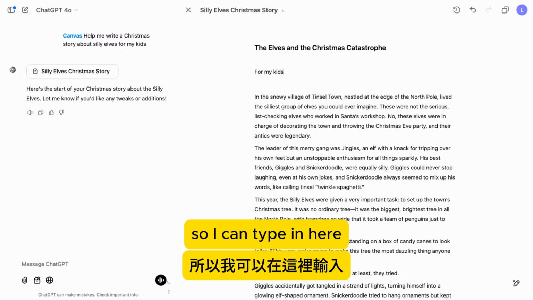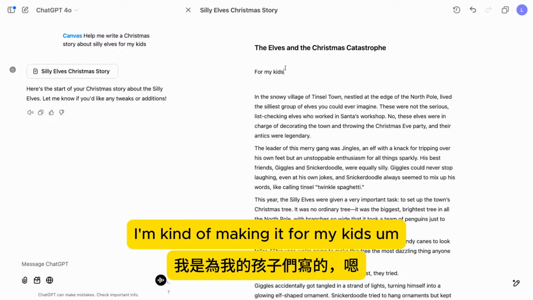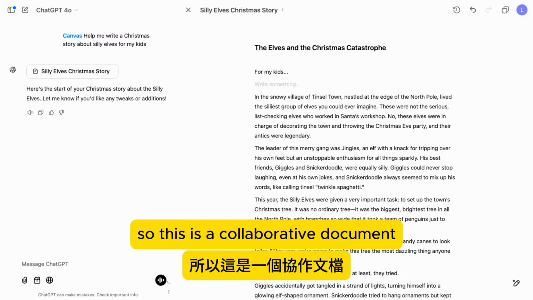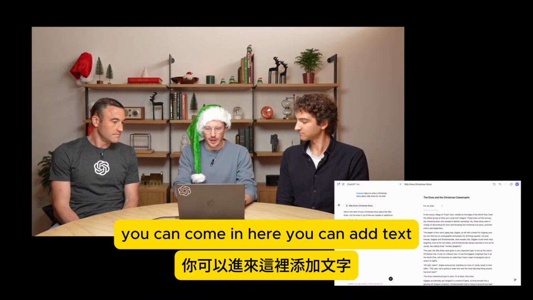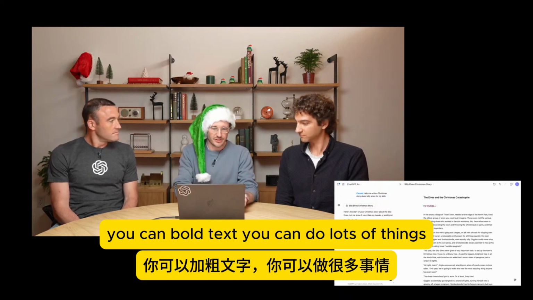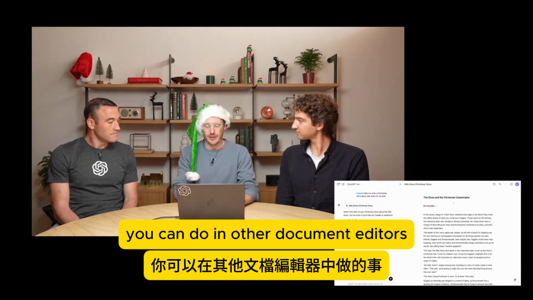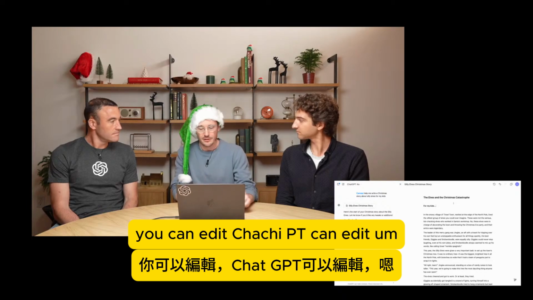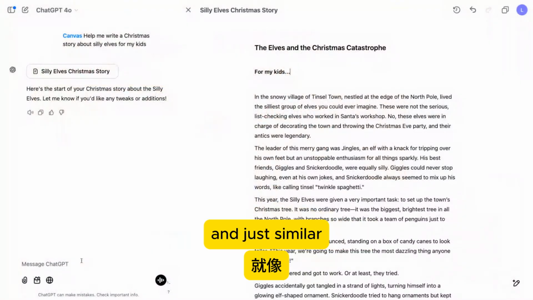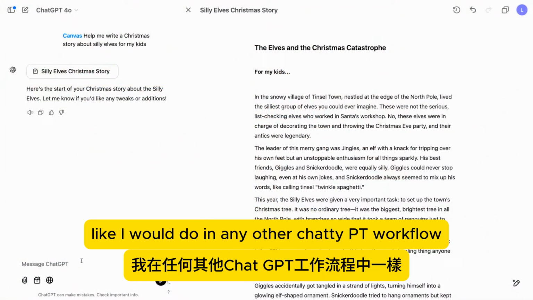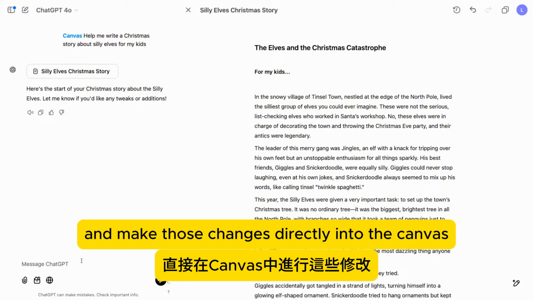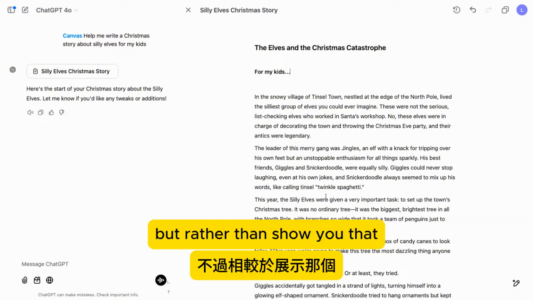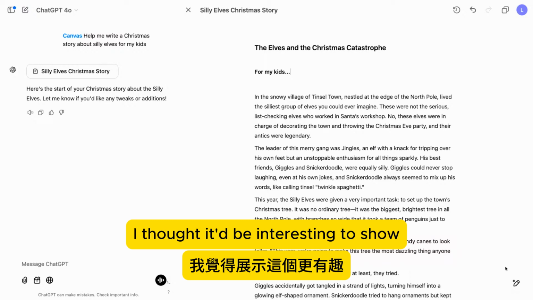Yeah, so I can type in here, I've been editing the title. I'm kind of making it for my kids. So this is a collaborative document. And just like you might be used to in other document editors, you can come in here, you can add text, you can bold text. You can do lots of things you can do in other document editors. You can edit, ChatGPT can edit. I could go back to chat, and just like I would do in any other ChatGPT workflow, I could give it feedback, I could ask for changes, and it's going to come in and make those changes directly into the canvas. But rather than show you that, I thought it would be interesting to show this button in